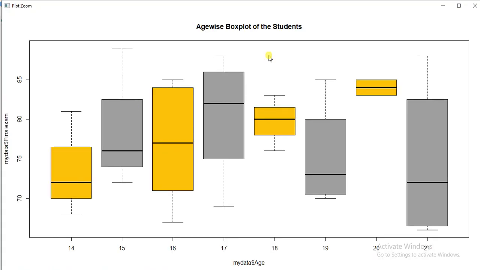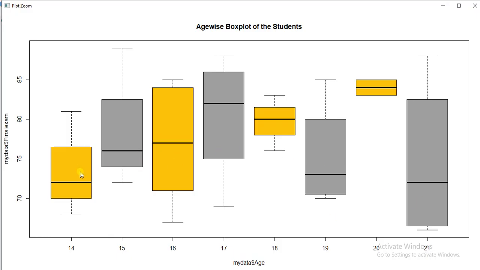So in this graph we have written the title, and the label of the y-axis is mydata$final exam, because we are talking about final exam marks, and age wise. Here we have 8 categories, meaning age wise 14 years, 15 years, 16 years, 17 years.